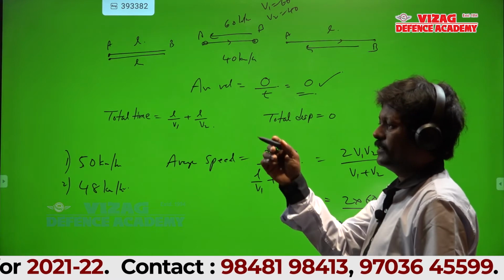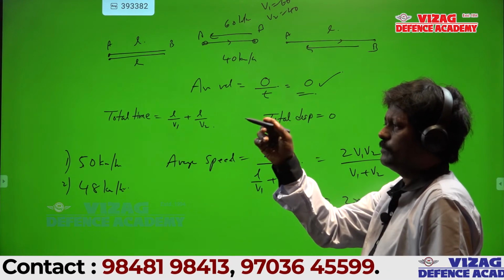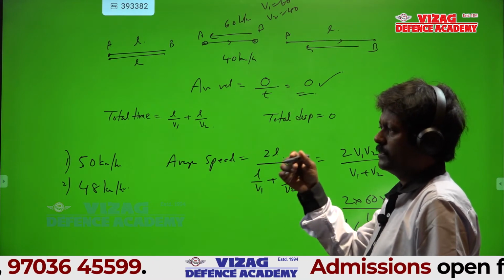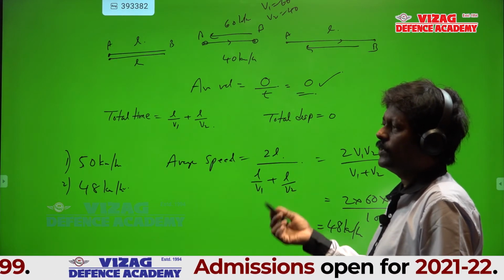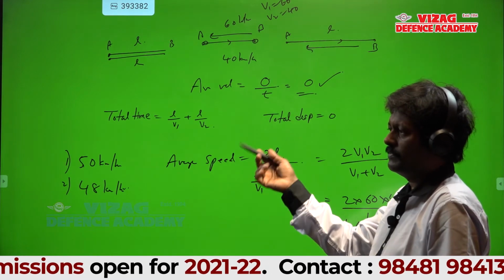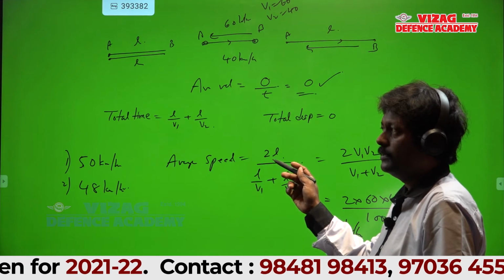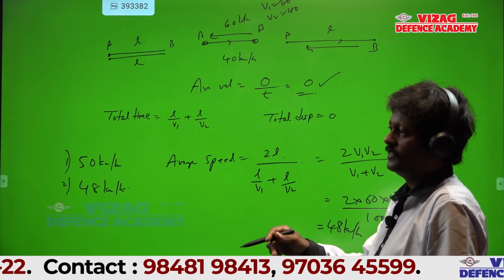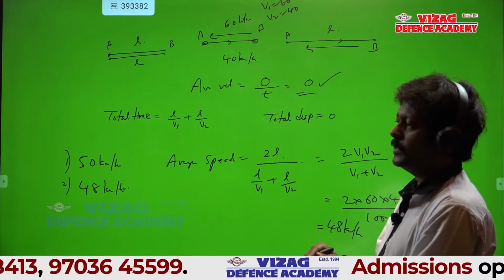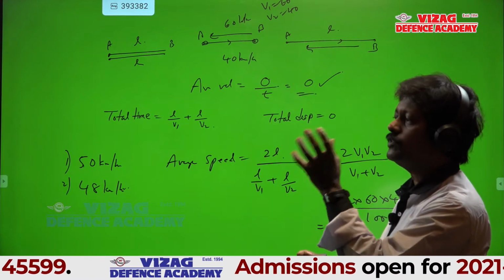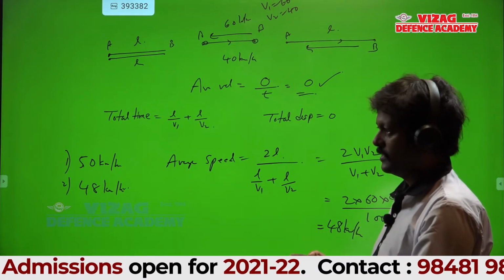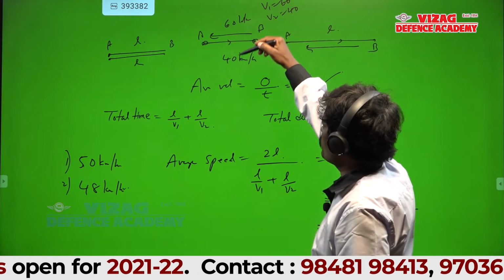Suppose in 3 exams you got 3 different marks: 60 marks, 40 marks, 70 marks. If you want the average of the marks, what will you say? 60 plus 40 plus 70 divided by 3. If you have 5 exams, you add all the marks and divide by 5. That is the average of the marks. So many students commit the mistake of taking (60 plus 40) by 2.